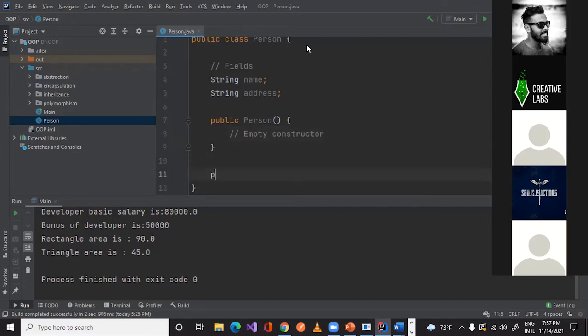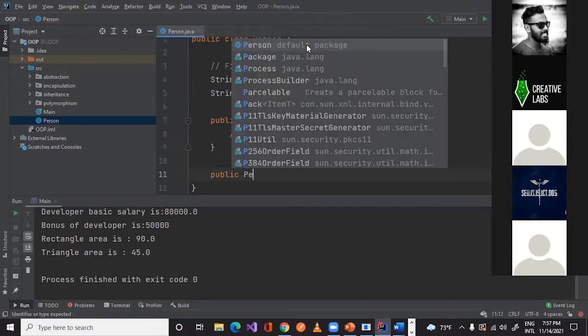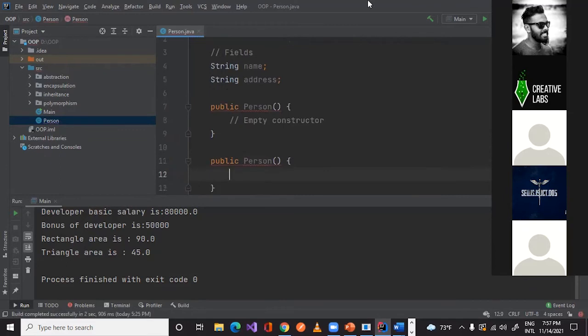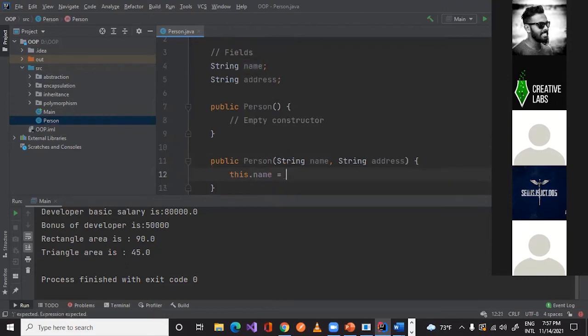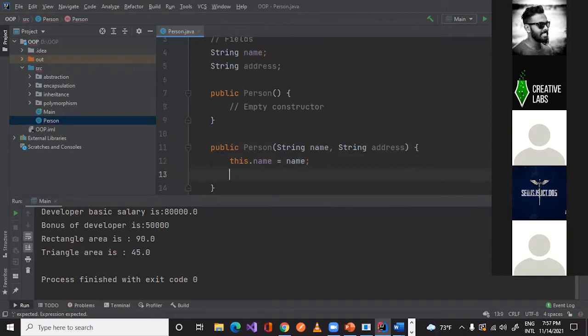We can also have an overloaded constructor like this, where we pass two parameters, string name and string address, and set this.name equal to the name parameter and this.address equal to the address parameter.